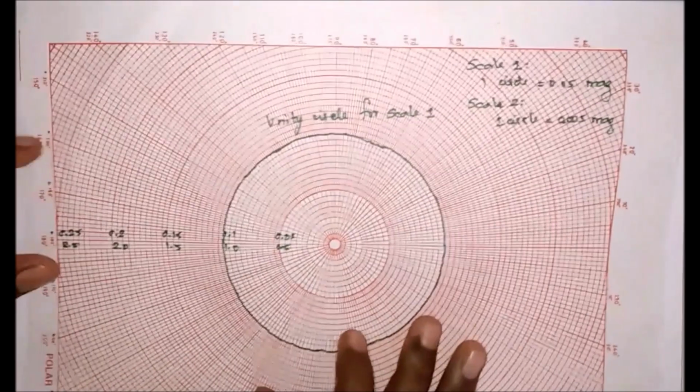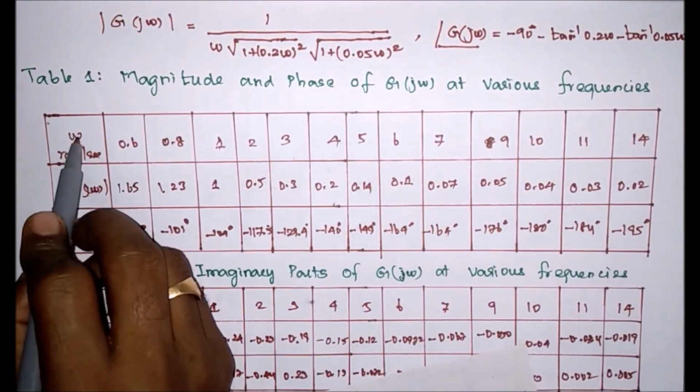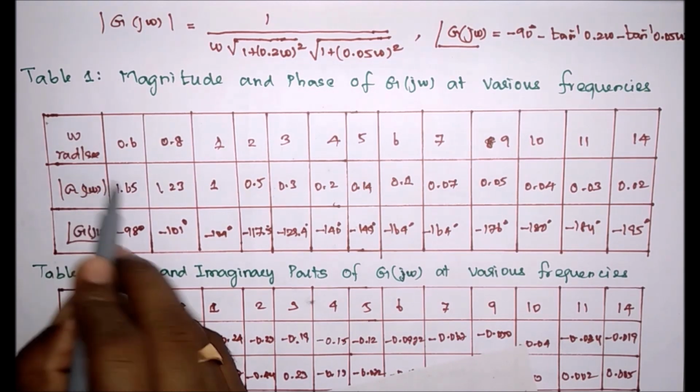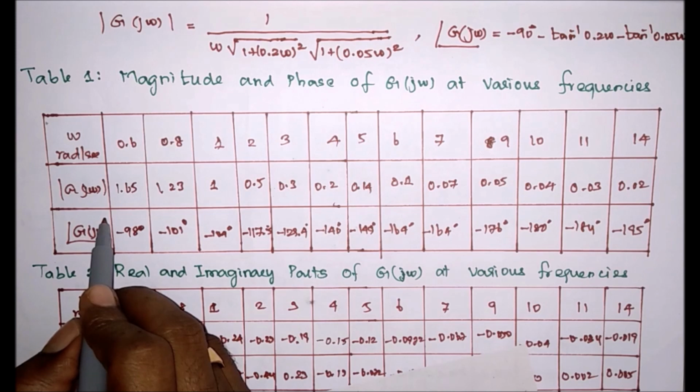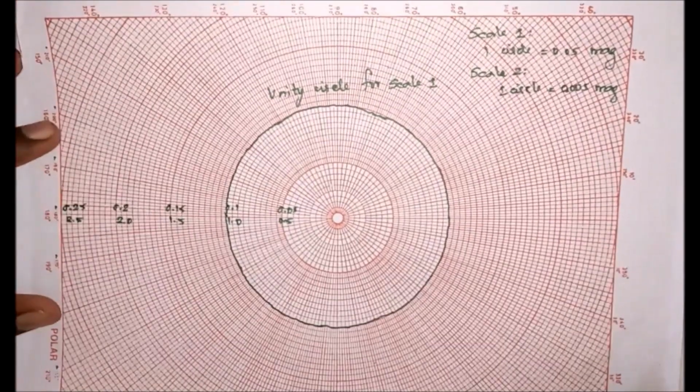So now in the polar graph, actually this is the polar form. It is for various values of omega. So we have got the magnitude and phase angle. This we have to substitute into the polar graph and we will get the corresponding phase margin and gain margins. Actually this is the polar plot.